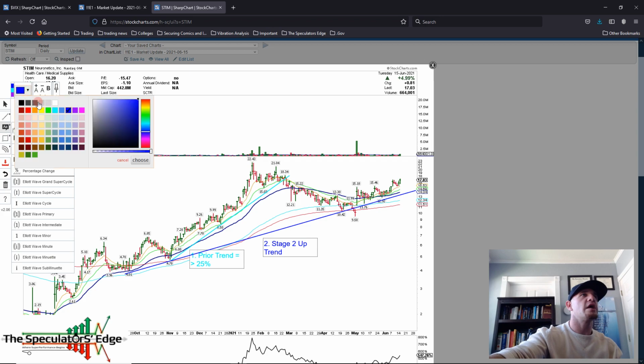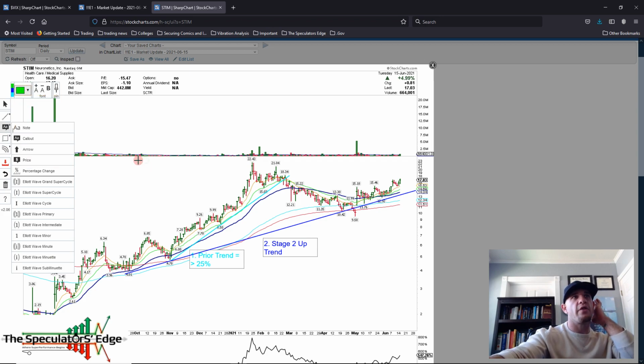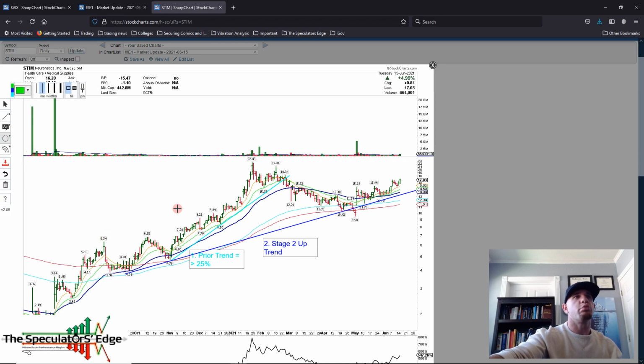So this base right here, how we're going to count this is going to be your secondary base, okay? Because your primary base comes right here. This is kind of like a double bottom or a cup with a handle right here going into the third base, okay, or the second base, the secondary base, okay? So other than that,